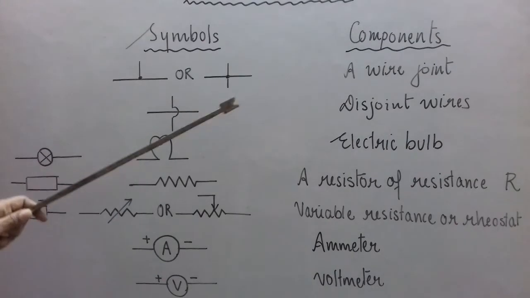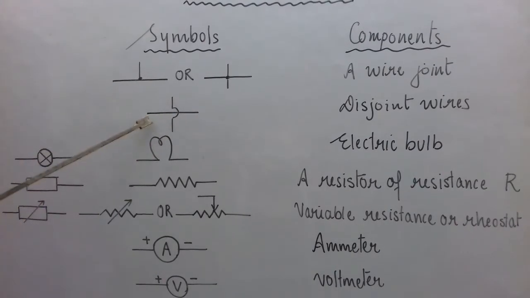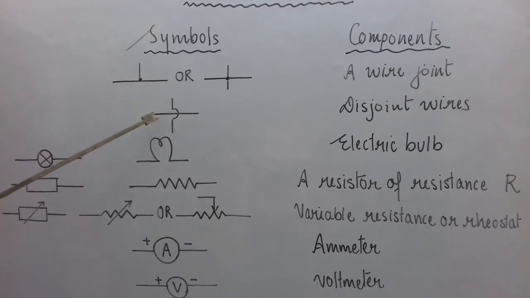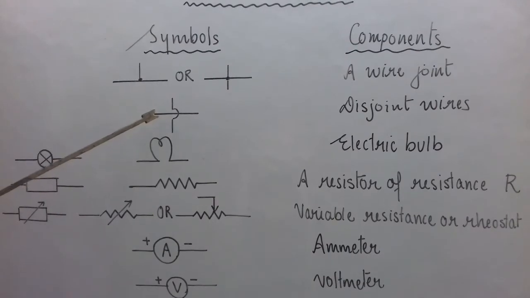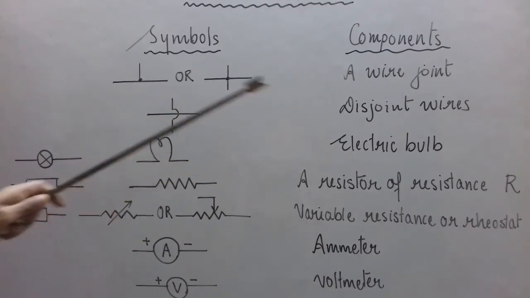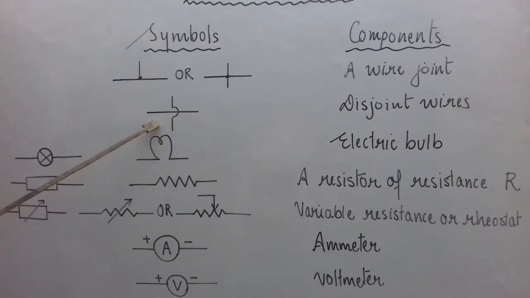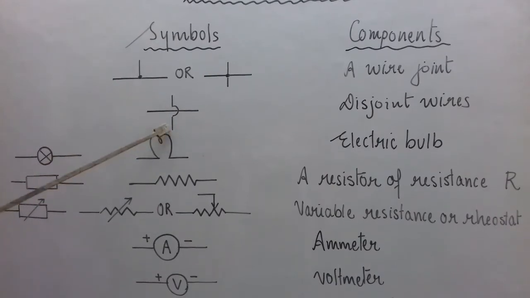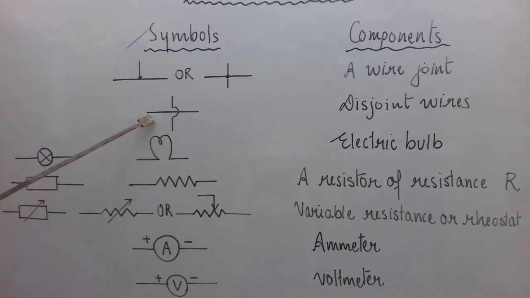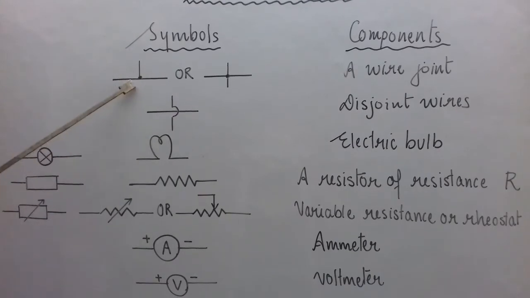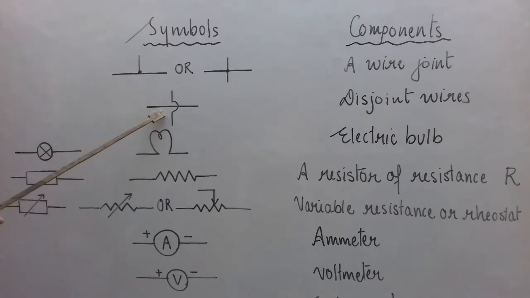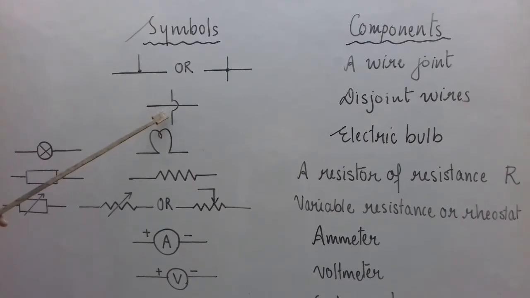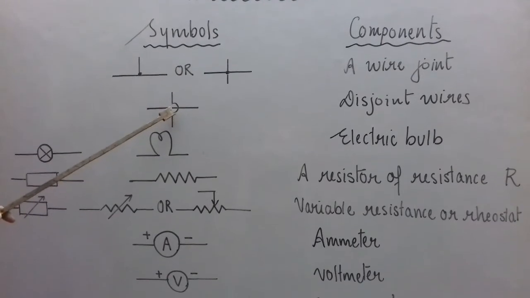Next, if the wires we are drawing in the circuit diagram are crossing each other but are not joined, they are just overlapping. There is no connection actually between the two directly. So these are disjoint wires. Here we have two wires which we have drawn. They can be seen overlapping. Here this wire is overlapping over this wire, but it is not joined, so there is no dot. This curve shows that the wires are disjoint. So wire crossing is there, but there is no connection between the two at this point.